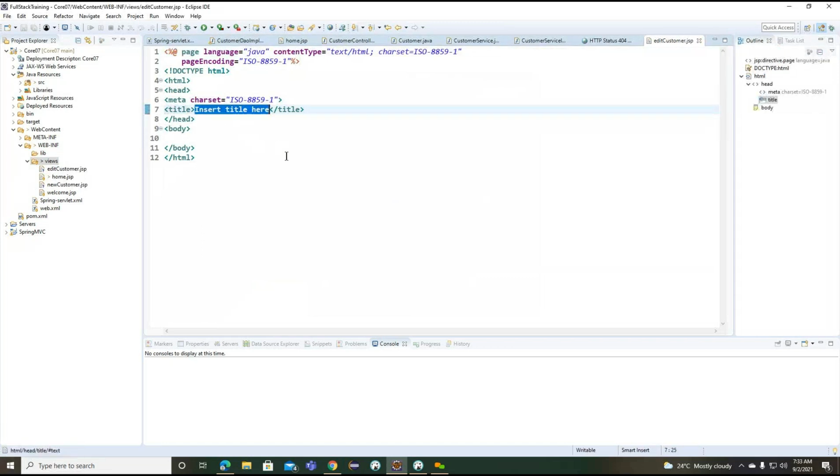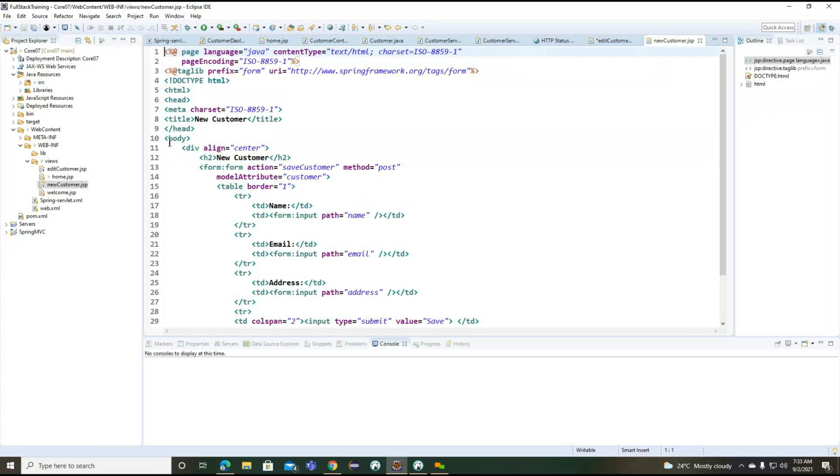And here, the title also I want to change here. And again we can go for the same as what we identified inside this, what we can call it as new customer.